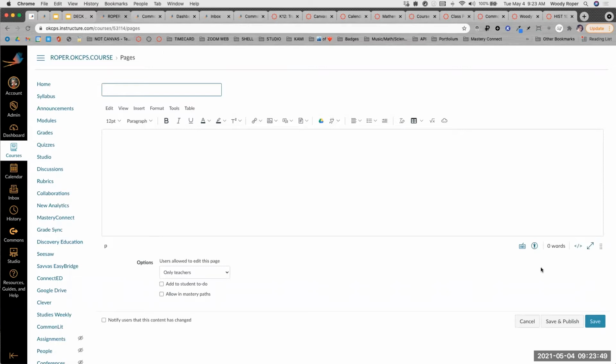And this is the rich content editor. Now, you may have seen this, but you may not have used all of the tools that it contains. So a little bit about its layout. Usually it wants to give a title up here at the top. That could be the title of your assignment, your announcement, and below the body where you can use all of